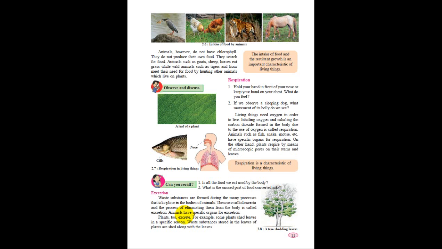Now what about the plant, how does the plant excrete? Yes, plants also do excretion. How? Sometimes you might see that some of the leaves fall down. When a leaf becomes yellow, it falls down. Why does it fall? It is considered excretion done by the plant, because those leaves are of no use now. So plants automatically throw it from their part.